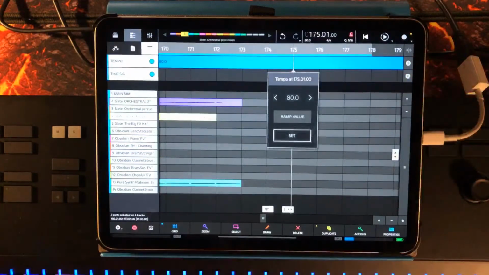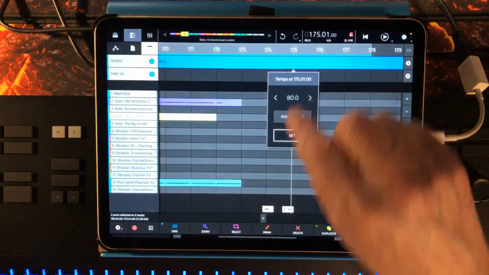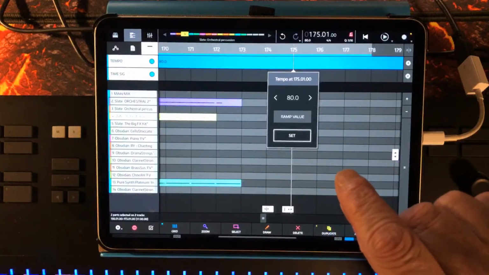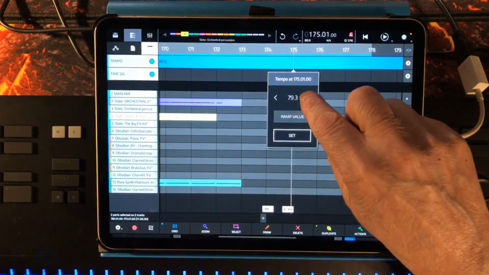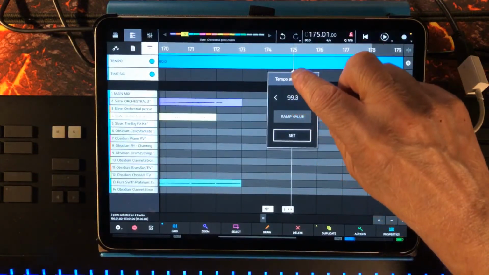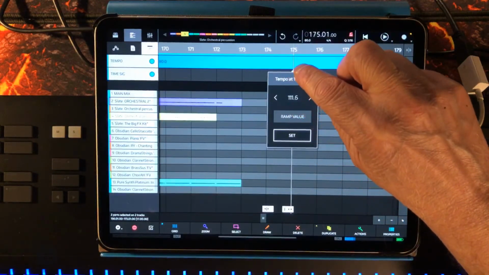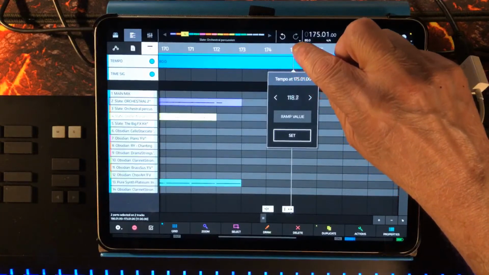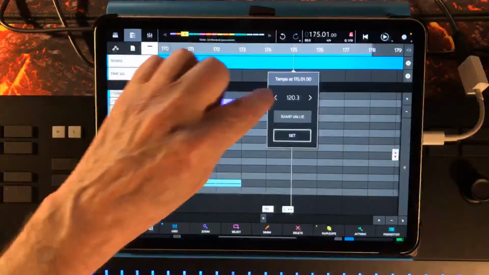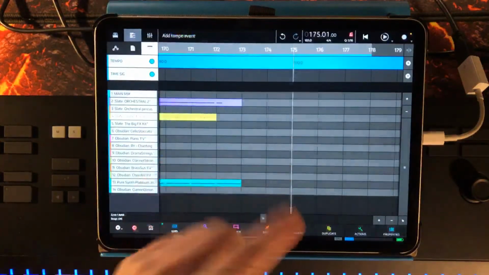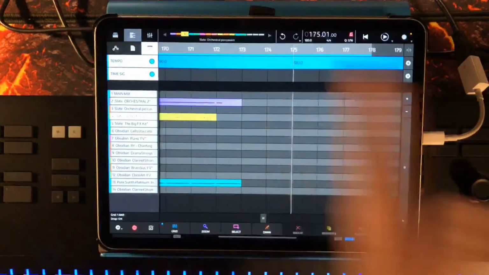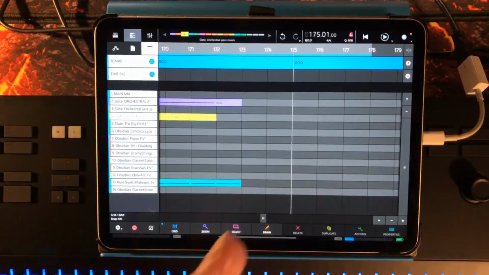So we're going to take this to a plus, and we're going to go from 180 to, let's see, let's take this up to 120. Cool. And then we just go set, and then anything from this cursor point onwards is now 120 BPM. So now